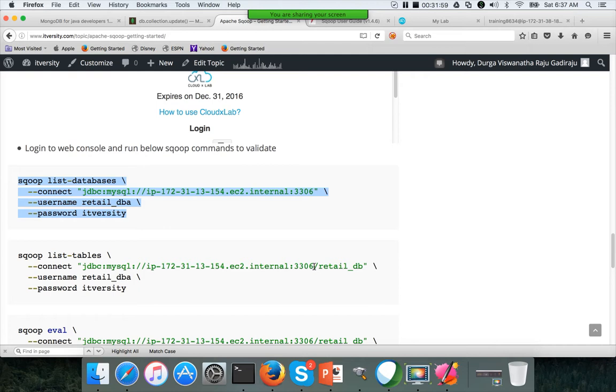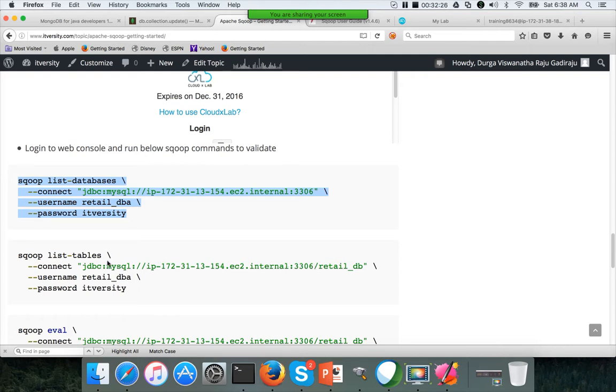MySQL, Postgres are multi-tenant databases, which means that you will have one MySQL server installation and you will have multiple databases available in the same installation. Whereas Oracle is not a multi-tenant database. Each server will have only one database, but there will be many schemas. Okay.